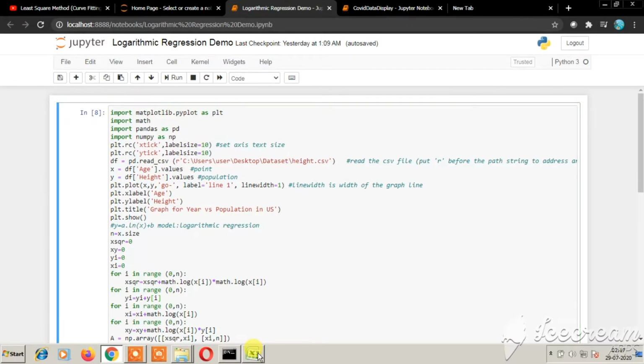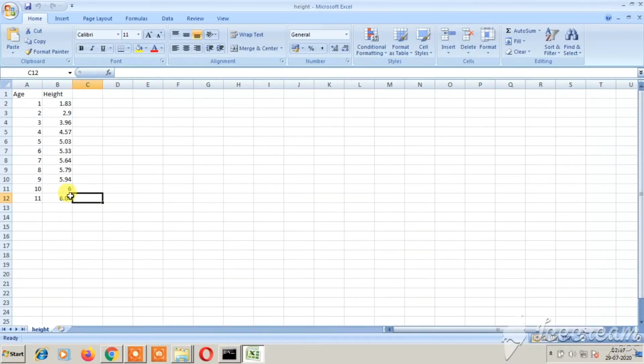In logarithmic regression, you can have the following sample data set as the age versus height of a tree. But this kind of data set is also valid for a human too, since after a certain point of time the increase in height is very small. As you get old, the increase in height will be smaller than when you were a teen. So that's why you have this kind of data set for a tree.